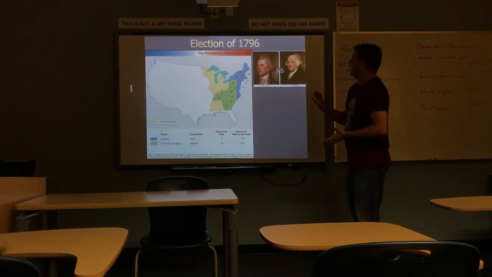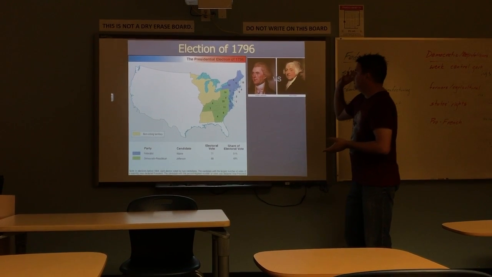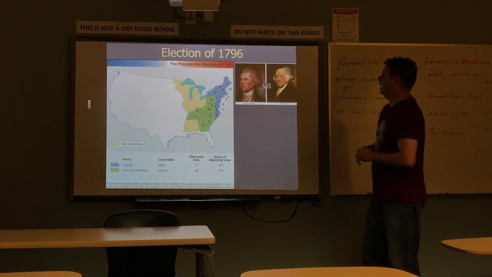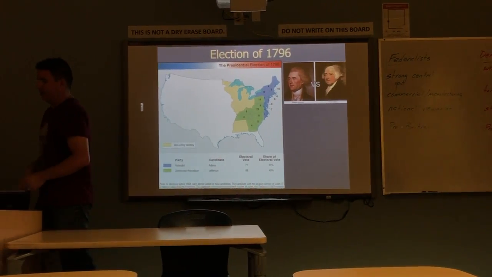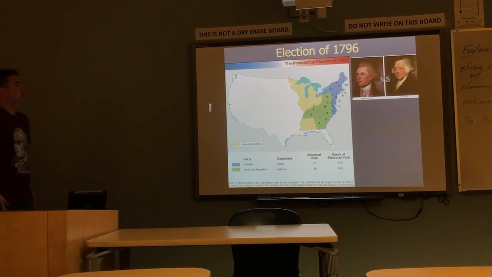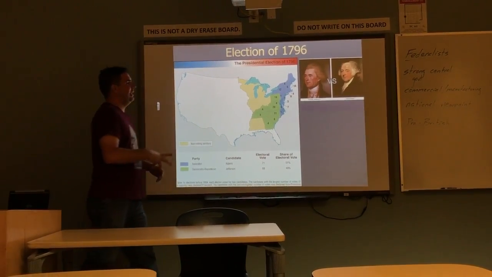Alright, the election of 1796. John Adams is the Federalist candidate. Thomas Jefferson is the Democratic Republican candidate. These two great friends are not so great friends anymore, given the debates during Washington's administration, and the relationship's going